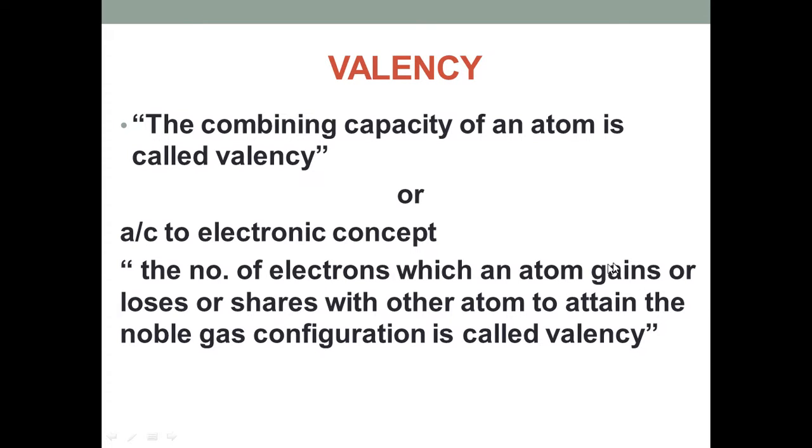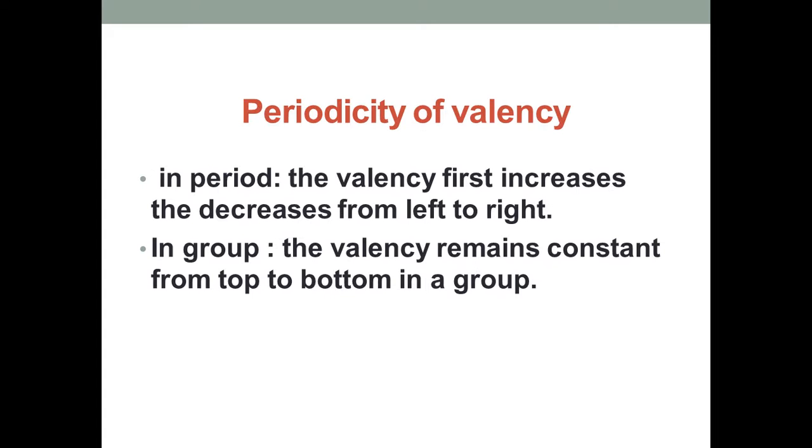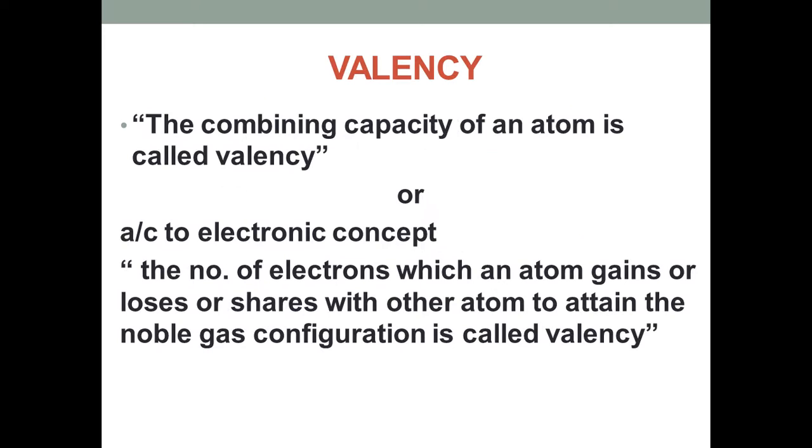Similarly, if we see the example of chlorine, which gains 1 electron and converts into chloride ion, its valency is 1. In the case of losing electrons, metals easily lose electrons. If you take the example of sodium, after losing 1 electron it gains a unipositive charge and its valency becomes 1. One thing to remember is that valency is neither positive nor negative, it is always a digit.